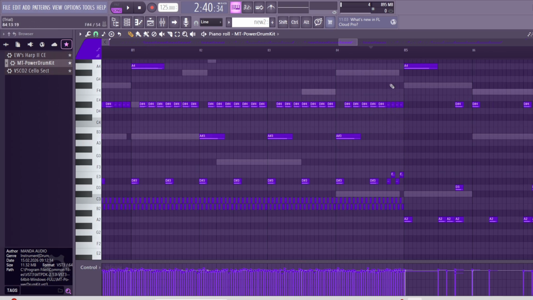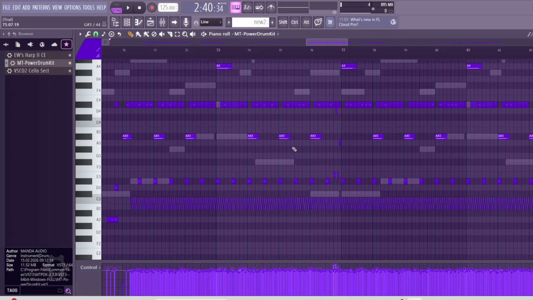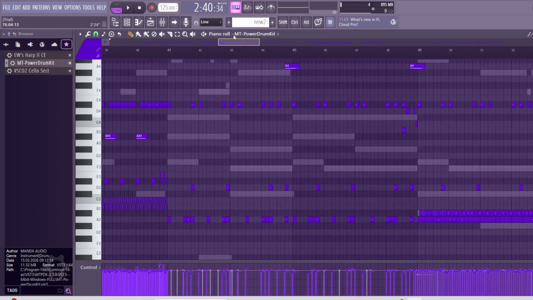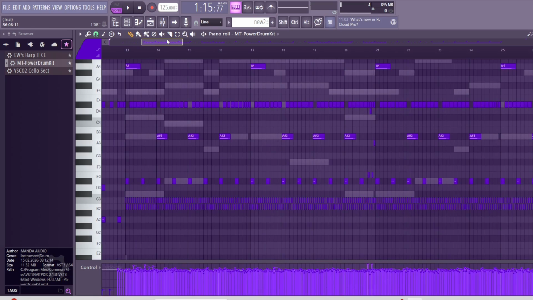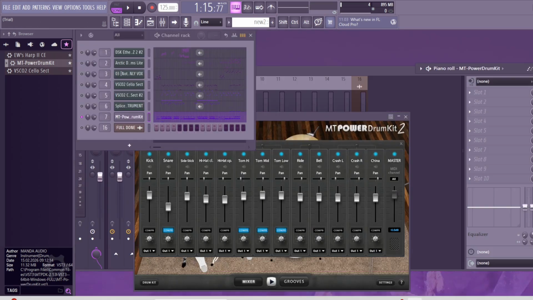I have them here at the end of the 4 bars, and also here. I have probably 2 drum fills per verse. No, actually it's 3. Because I want to use them around the important parts of the verse.